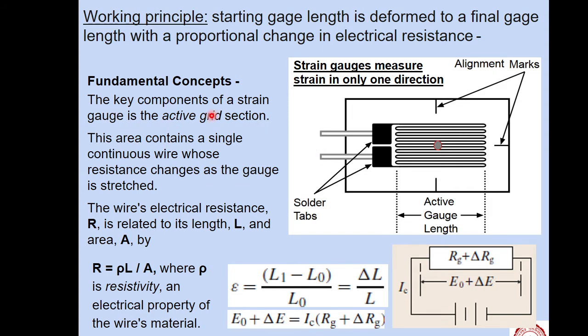Which one is the active section? This is known as active gauge length, and of course, instead of using a single or 2 or 3 number of these, let us say these are the wires. The total length of this wire would increase if we increase the width of this active gauge length. We can accommodate more length of this wire. But then again, there are some problems if we make the width too large.